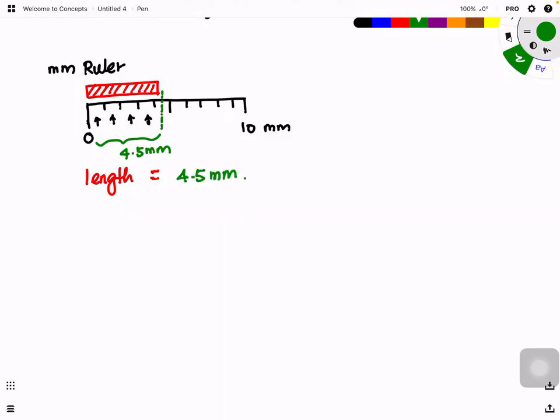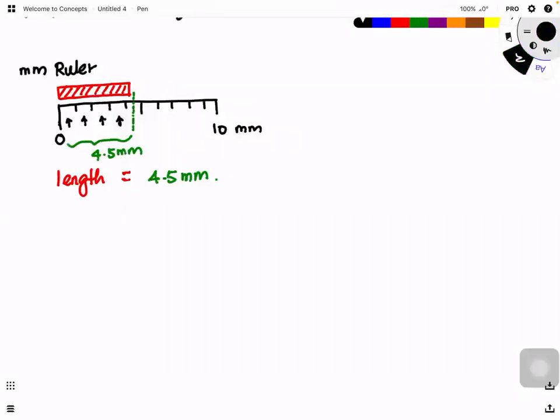But can I read 4.3? Cannot. I cannot read 4.1. Okay, that is an estimate. Cannot, because for this ruler I can read up to half a division. So therefore 4.5 millimeter. If, let's say, I give you another kind of ruler,